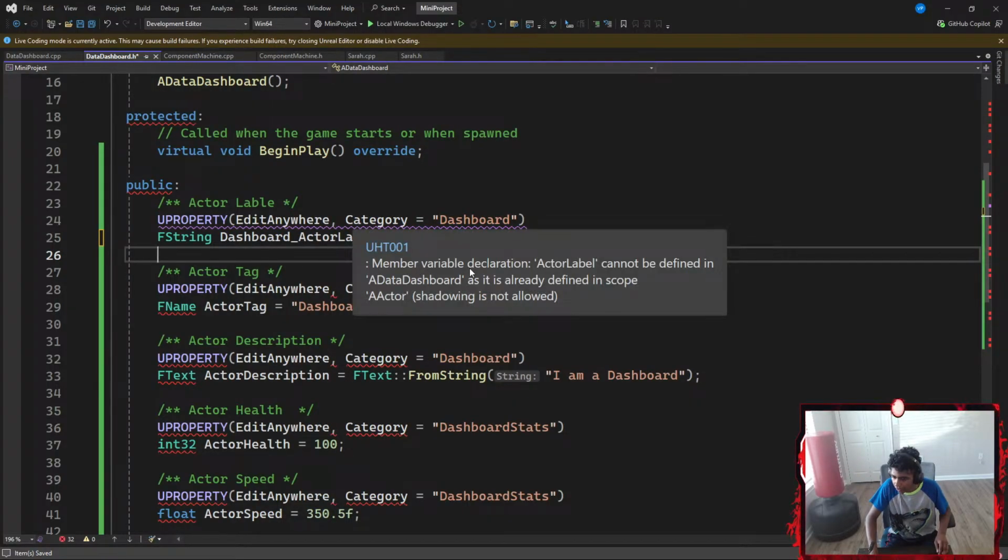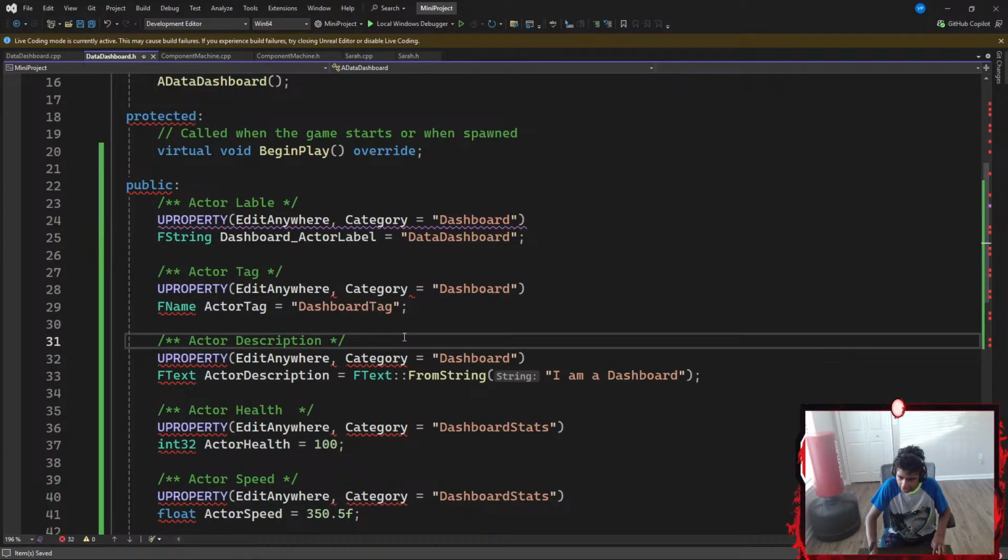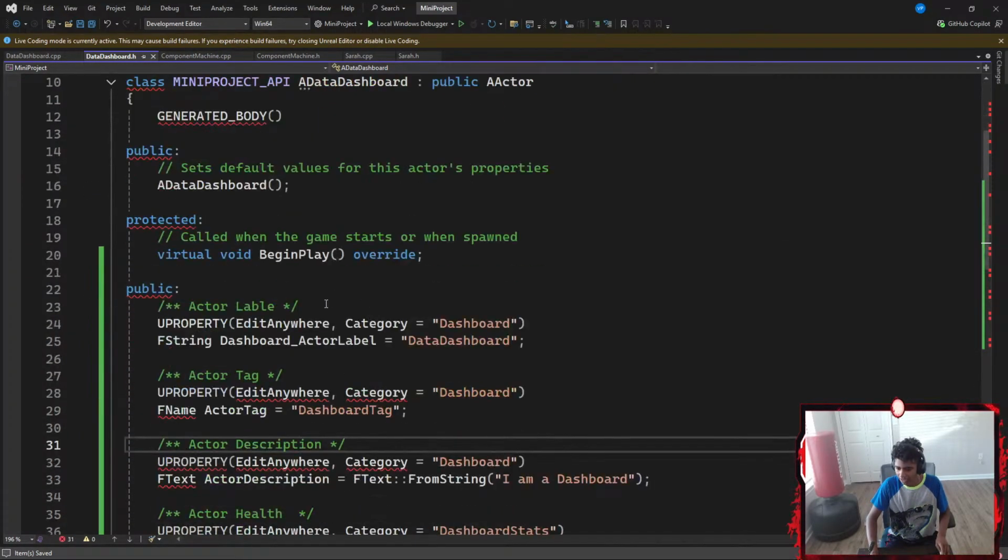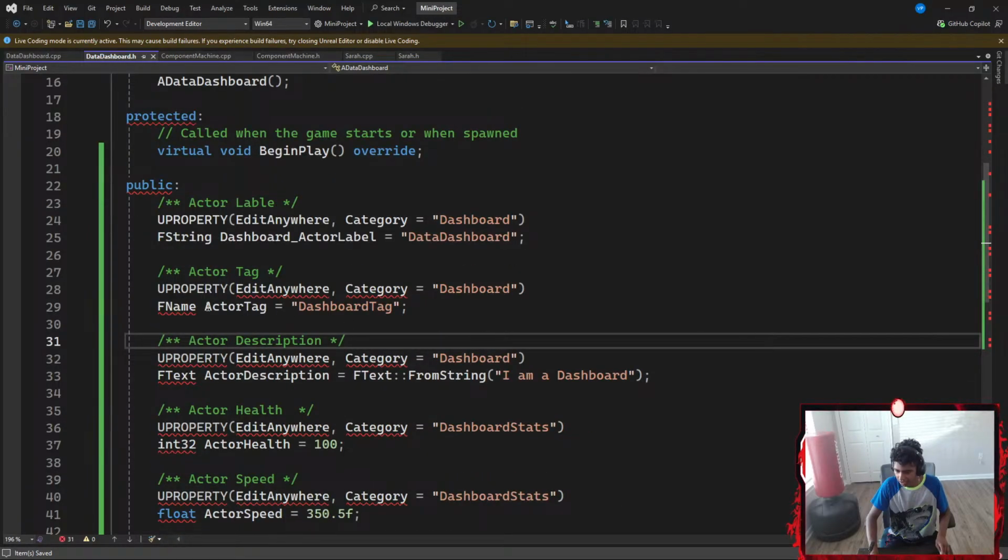Okay, so member variable declaration actor label cannot be defined in a dashboard as it is already defined in a scope. Shadowing is not allowed. Let's hit Control S, because I think my syntax was correct, but something here already exists.